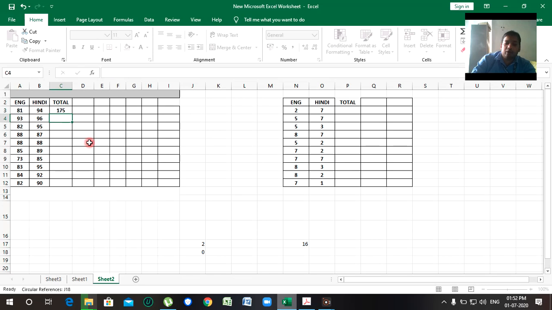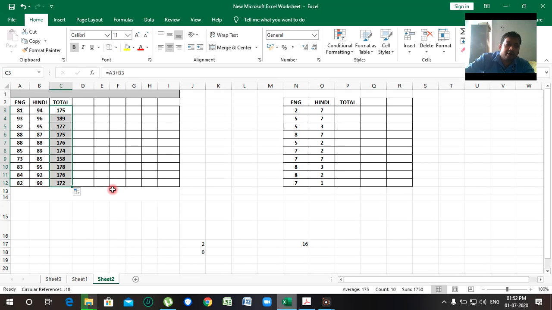Press enter, and 175 is the result. Now drag it, and all the results are shown. Now I am showing the relative reference. Copy this from here and just paste over here.